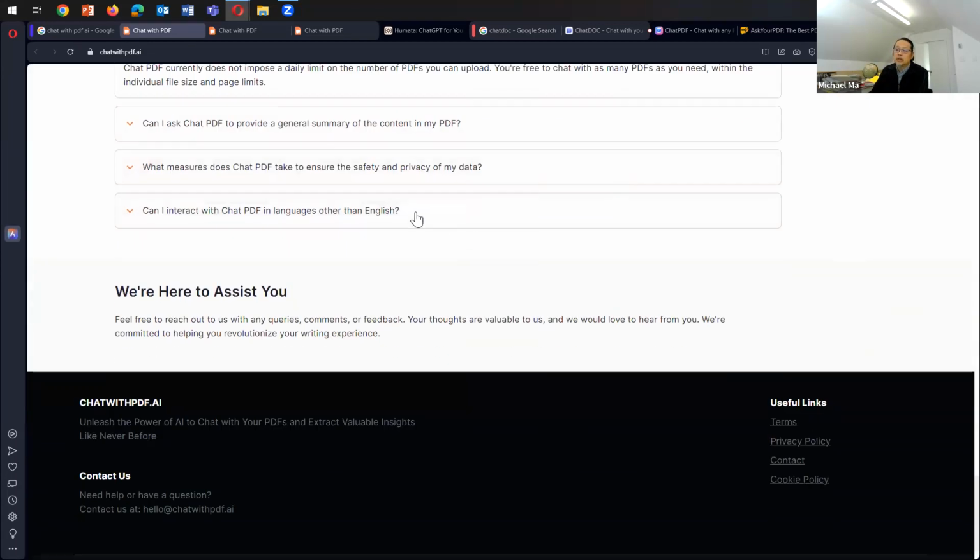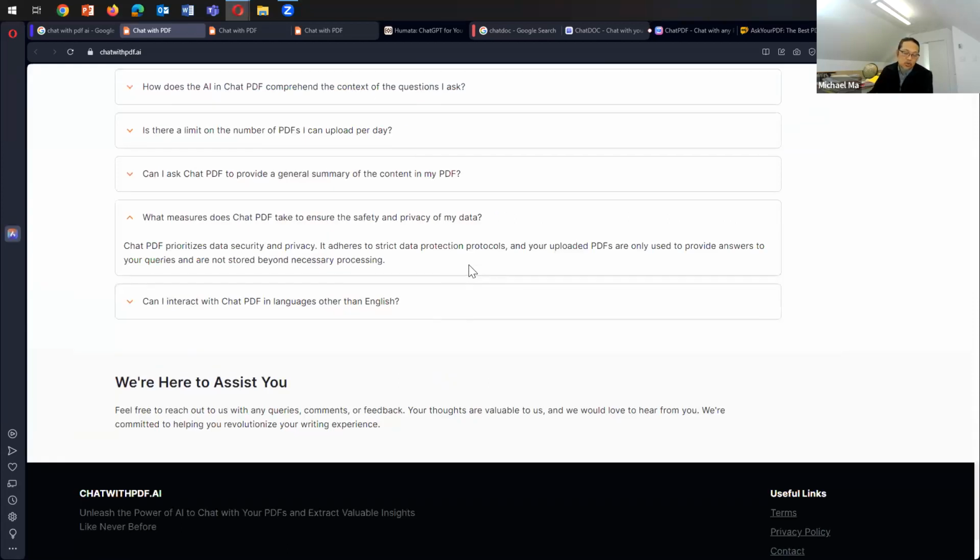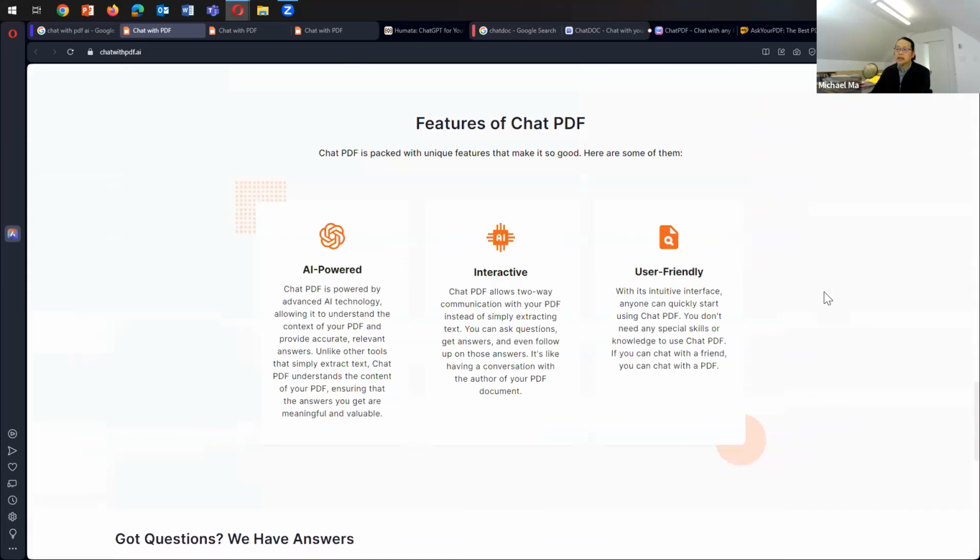And then here it says, how do you ensure my data privacy? It says that it has strict data privacy protocols. Of course, we can't check that, but most of these sites say they have strong security or data protection. Anyways,